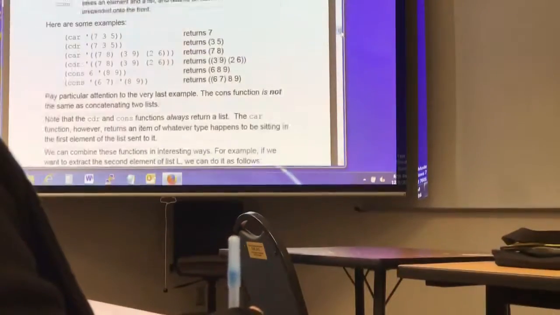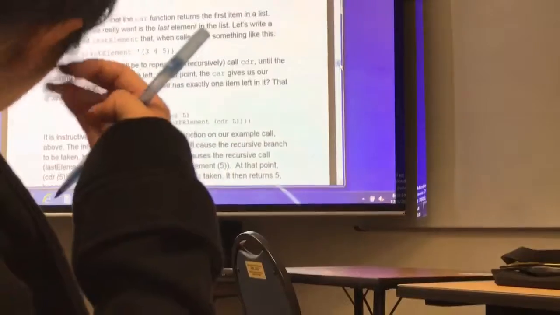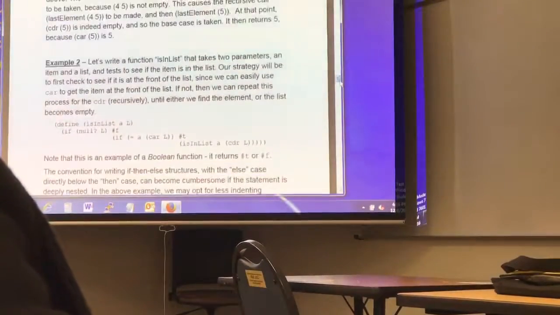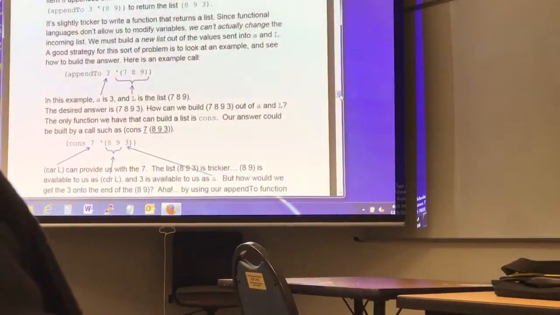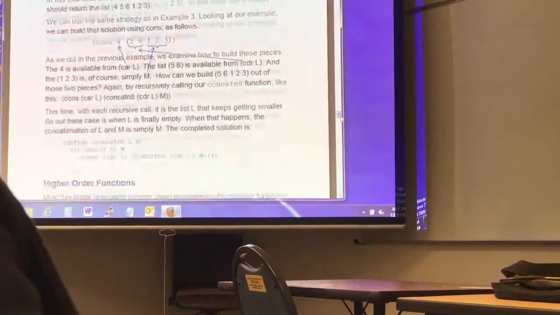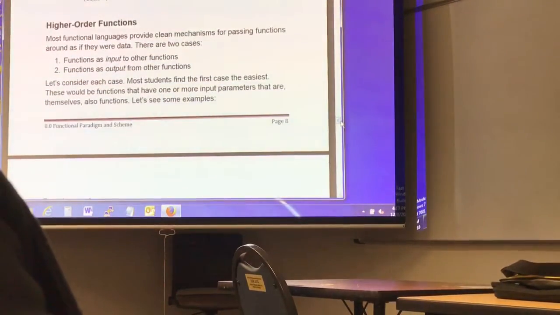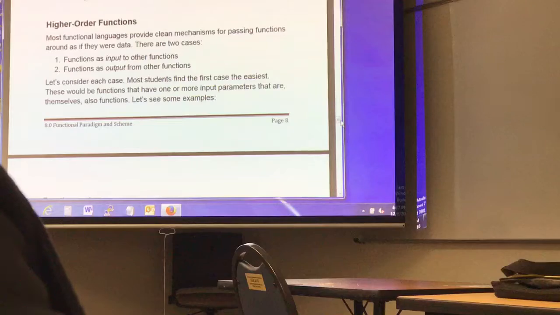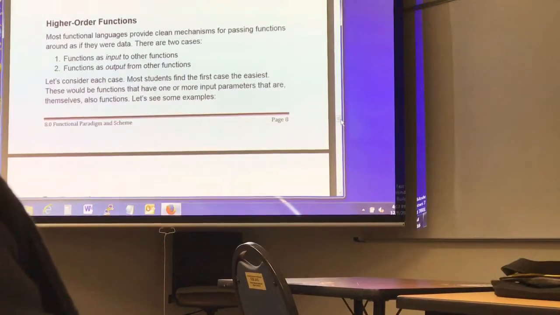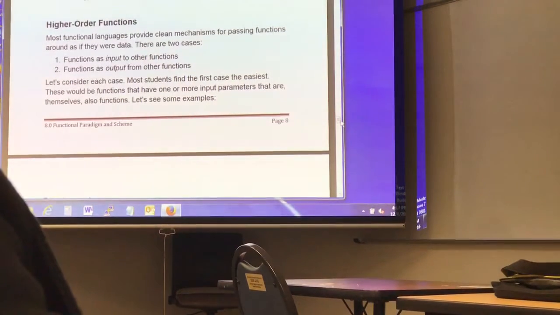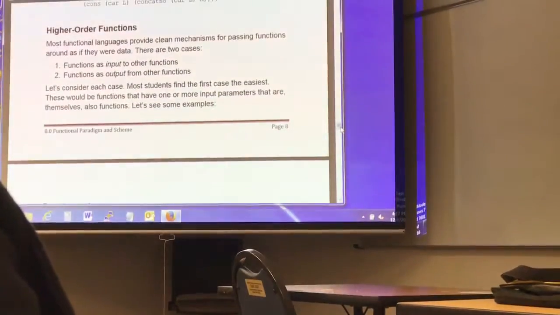Using car, cdr, and cons. You should be expert at those by now. Let's see, then there were several examples like that for you to review and go over. Also higher order functions, and that's all the categories: functions that take other functions as input, functions that output functions,